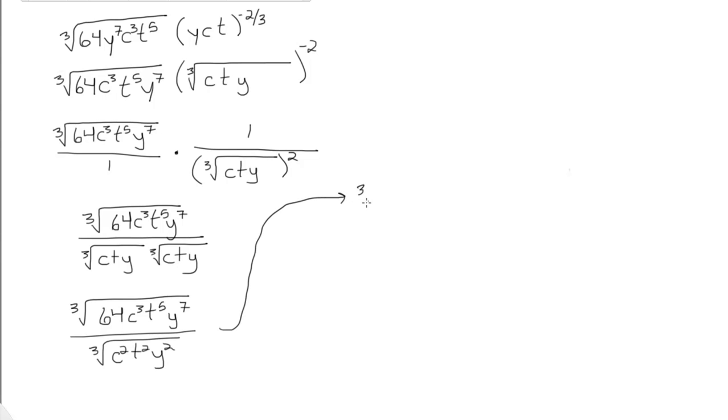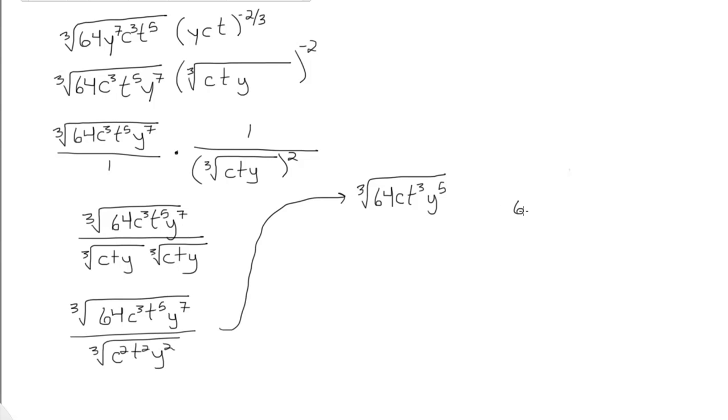So I'm left with the 64 stays in the numerator. If I go to my c's, I have 3 on the numerator, 2 on the denominator, 2 of them cancel out, so I have 1 left in the numerator. I can cancel out 2 t's, so I'm left with t cubed. And I can cancel out 2 y's, so I'm left with y to the 5th power. So now, since both expressions are multiplied together and simplified, now I'm going to break down this radical with a